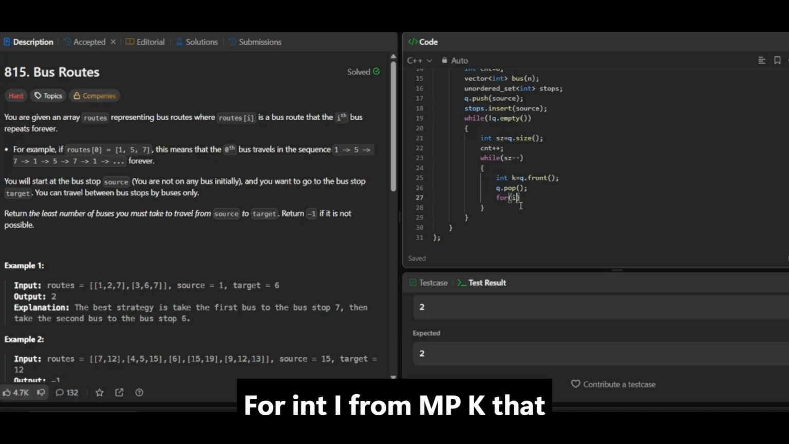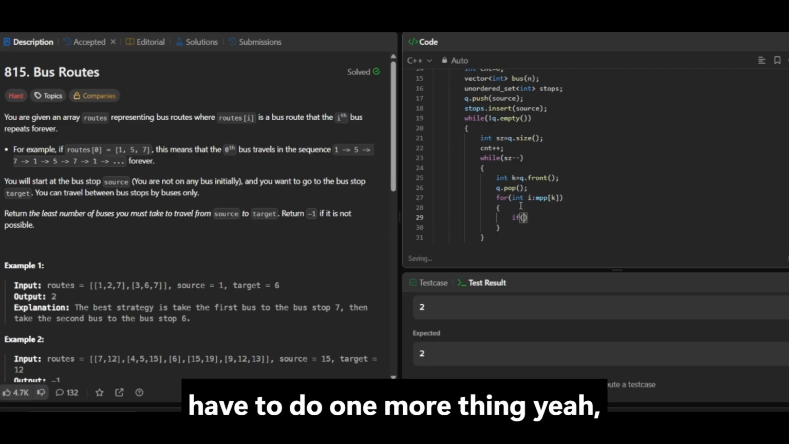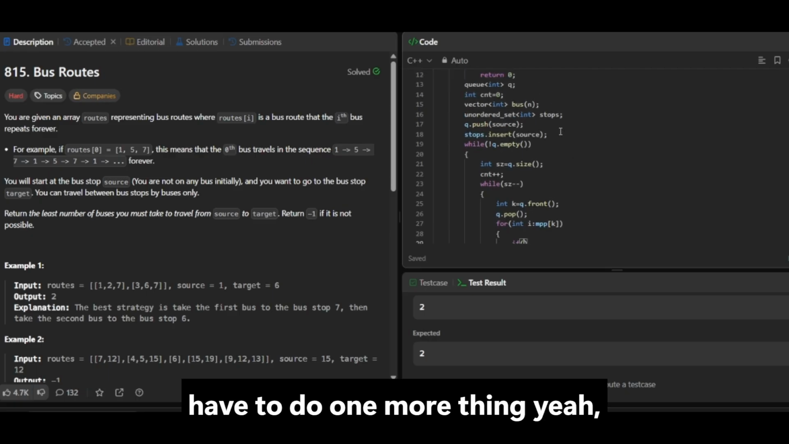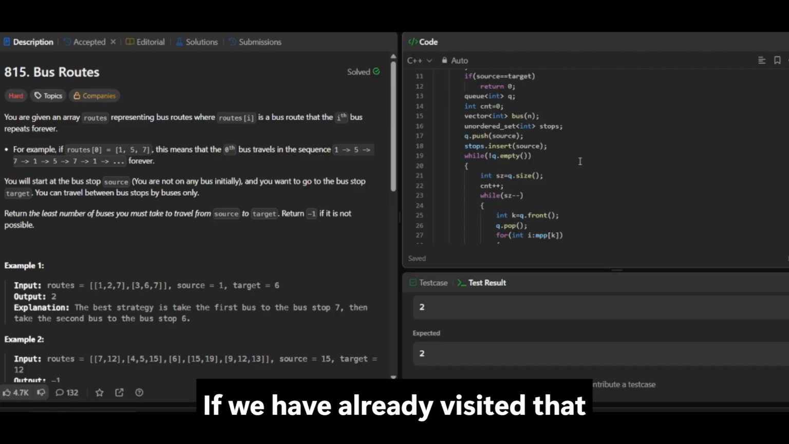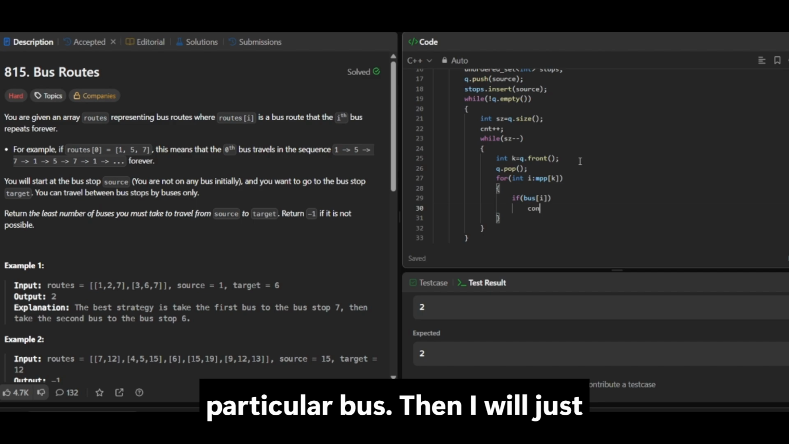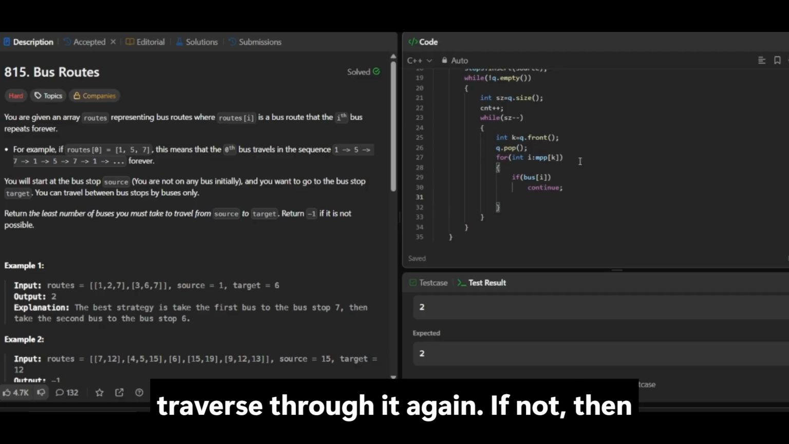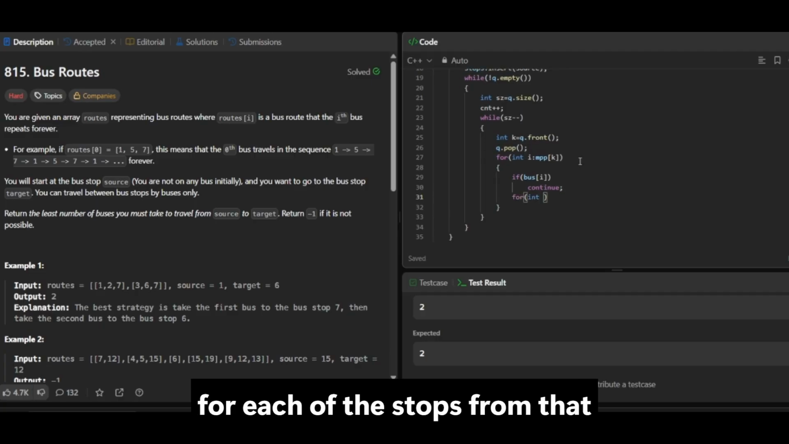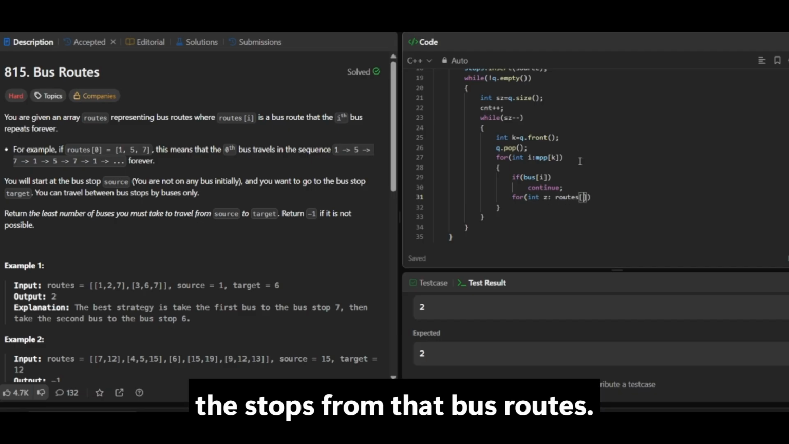So for int i from mpp[k], that is, for all the buses from that particular stop. If I have already visited that particular bus, then I will just continue. We will not traverse through it again. If not, then for each of the stops from that bus routes[i],